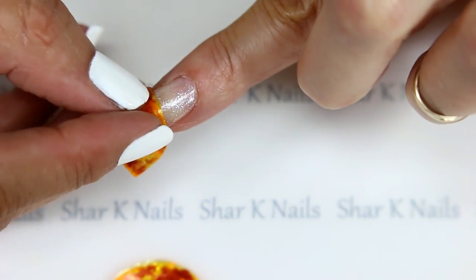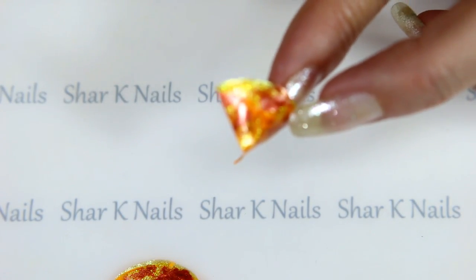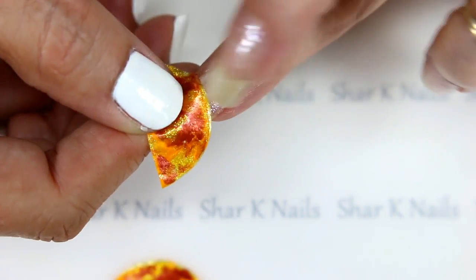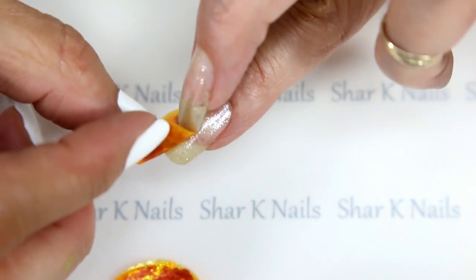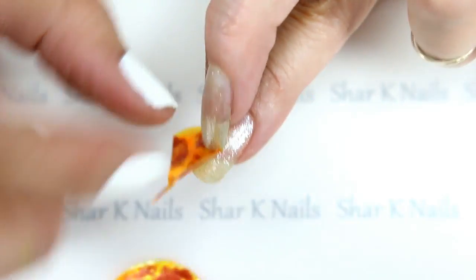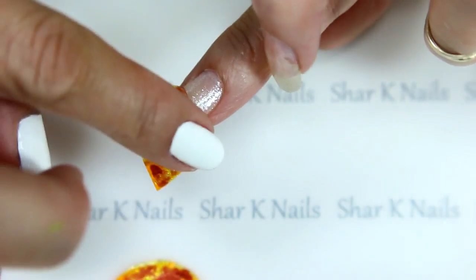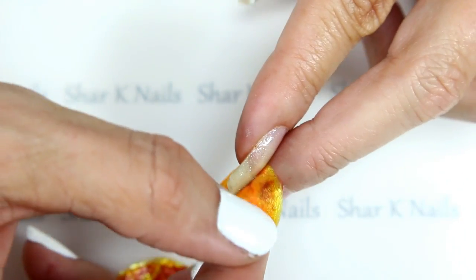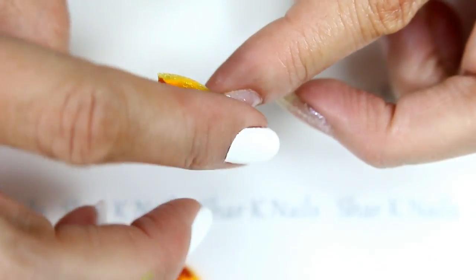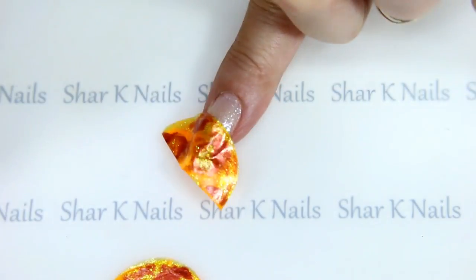Now, all I do is glue it on. So, here you go, baby. We're going to hold that in place, and if you'll touch in just a tiny bit right there, we will glue that side down. Now, flip that one up and do the same thing. Now, I'm going to let that sit for a minute,